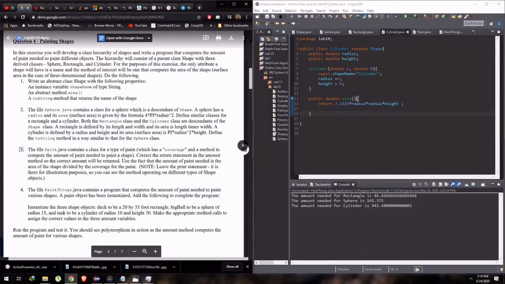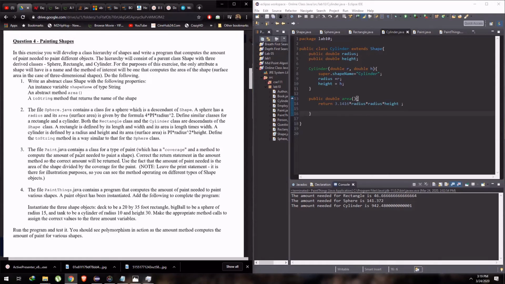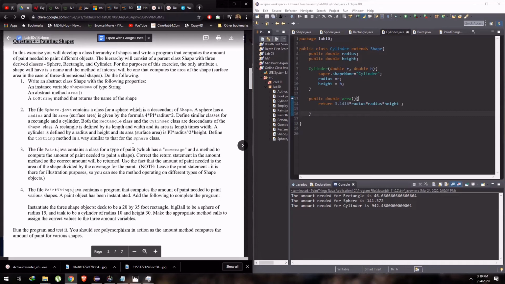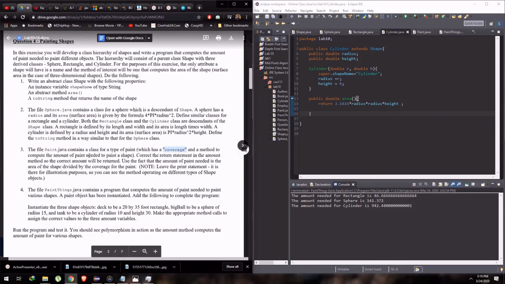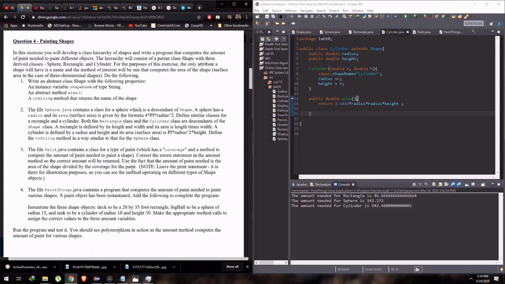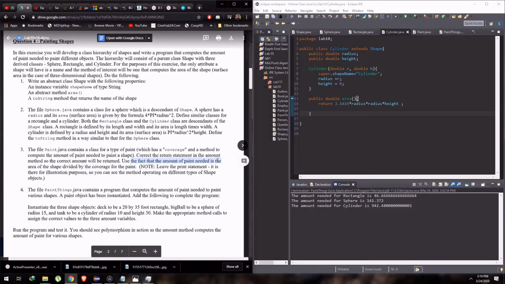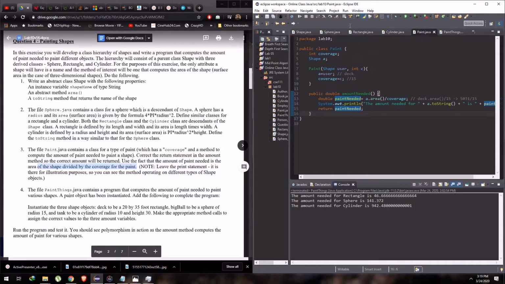And if you look into the third point, it says paint.java, so we have to create a file called paint.java that would have the paint class and a variable called coverage and a method that would compute the paint needed. So how do we calculate how much paint we need? Use the fact that the amount of paint needed is the area of the shape divided by the coverage of the paint. So in the paint class, we are creating a variable called coverage, and we are